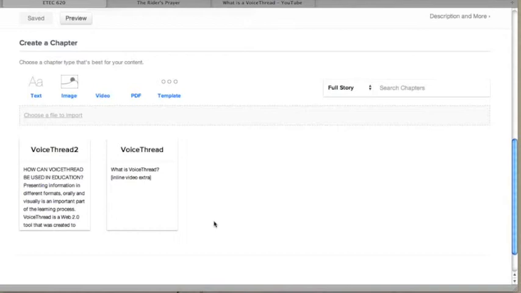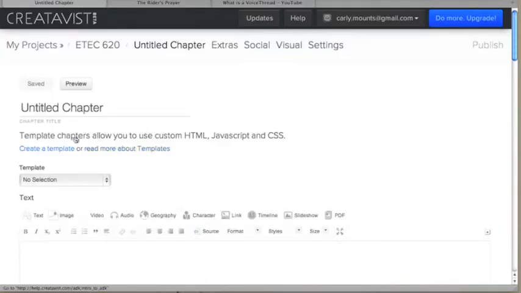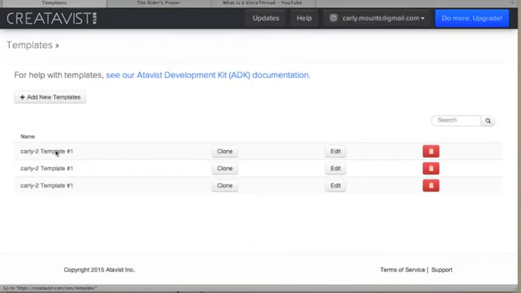One last thing I want to go over before the end of this video is this template option here you may or may not be wondering about. If you were to click on the template option, you will have the ability to create your own layout for a chapter using HTML, CSS, and JavaScript. So I'm going to click on that to show you what this looks like. Once this screen pops up, you click right here on Create a Template. So if you don't like the default template that Creatavist is already making me use, I could create my own if I was really good at coding. I'd click on Add New Template,